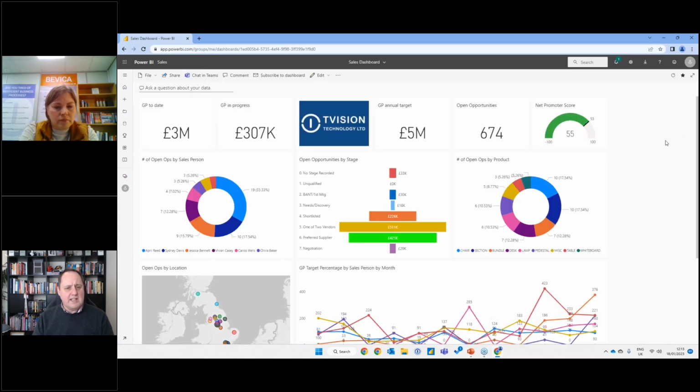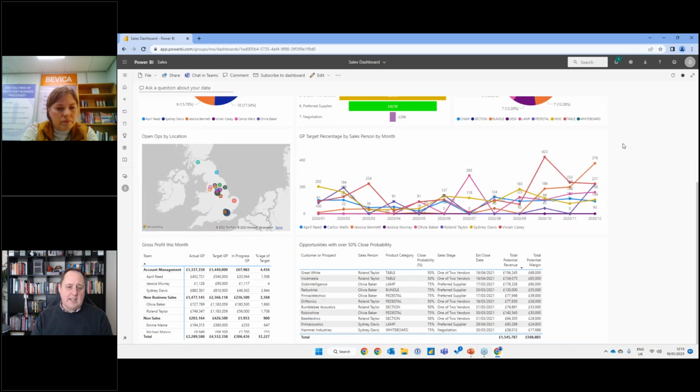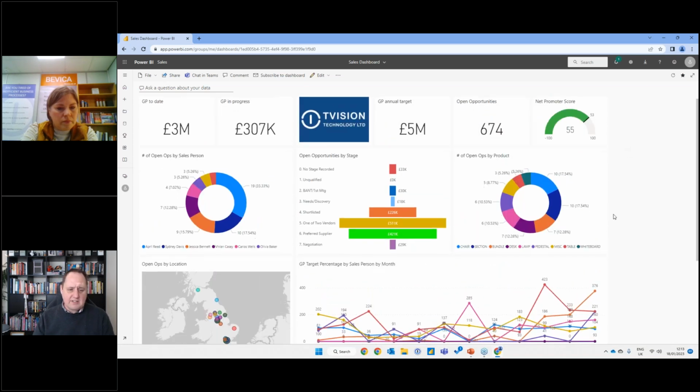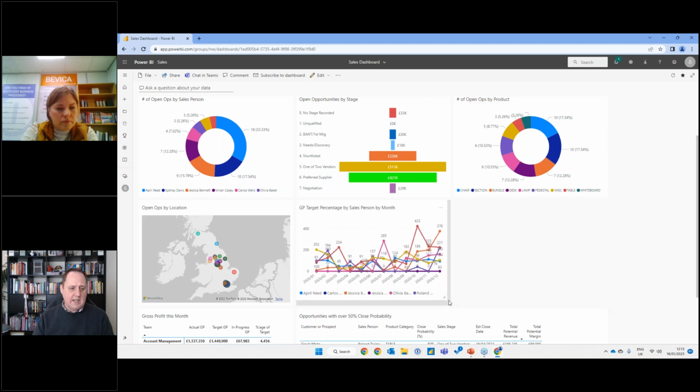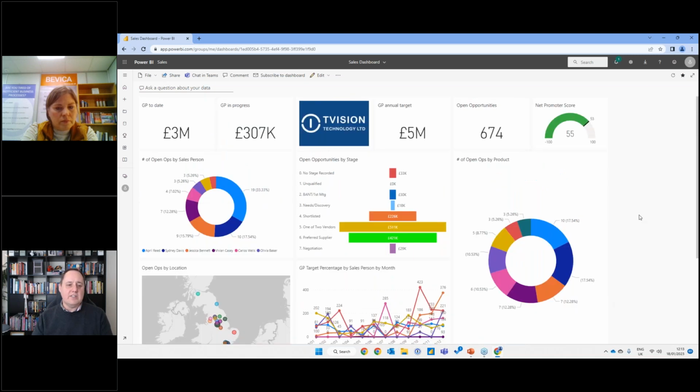So if I open my sales dashboard, the first thing that I see is key pieces of information that are relevant for me. Because this is a dashboard and how it's designed, it'll flex to suit the size of the screen you're working on, which is really neat. So I don't just have to have it in a fixed format. Equally, if I was looking at this and saying that's good, but actually for me, that's less important and I want that to be much bigger, I can design this to suit my needs.